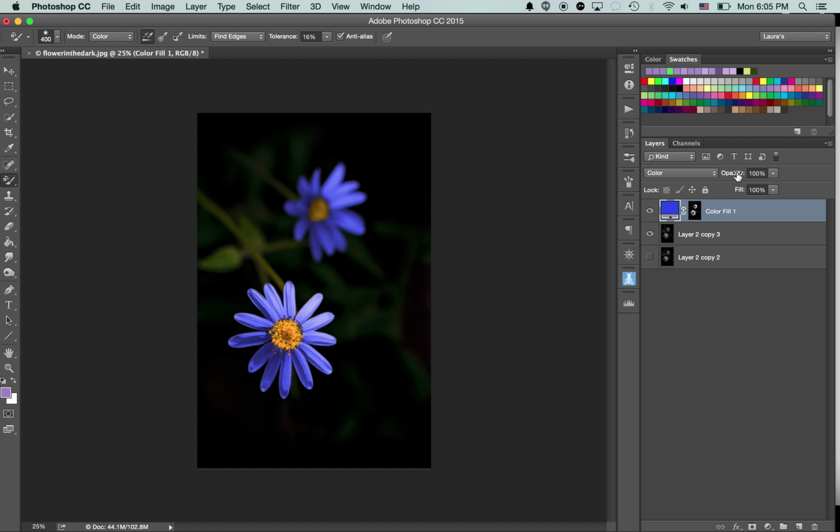And you can also change the opacity of this a little bit, because sometimes it can look a little harsh depending on the image. This had a lot of contrast, so it maybe didn't apply the best. So I'm going to reduce the fill and the opacity just a little bit to make the color seem a little less harsh. And that's pretty much it and how you apply the color